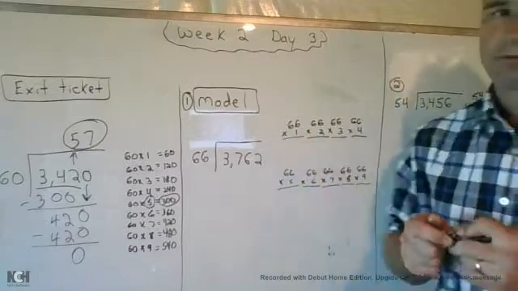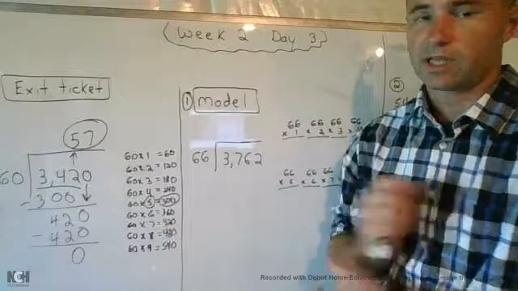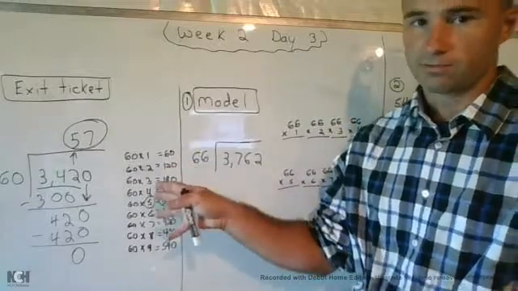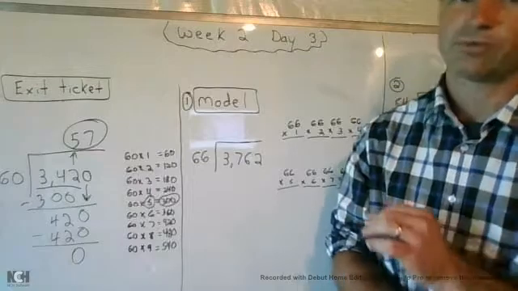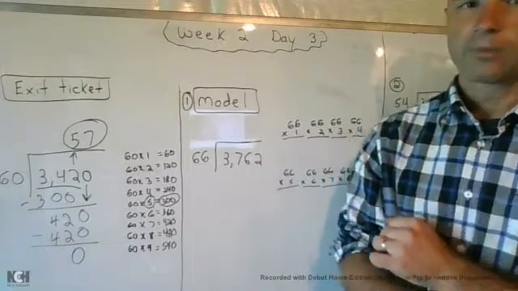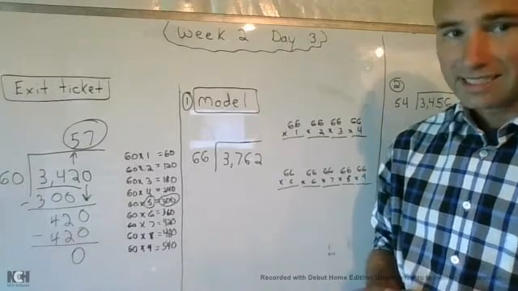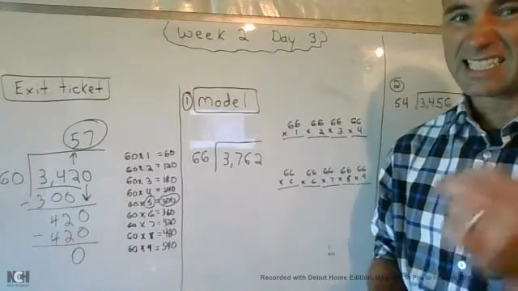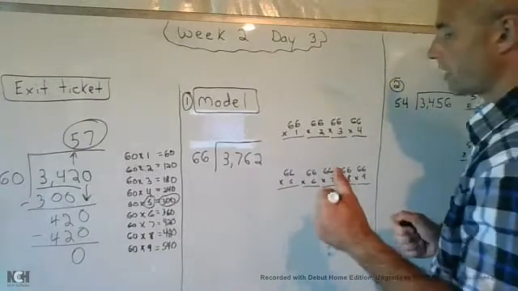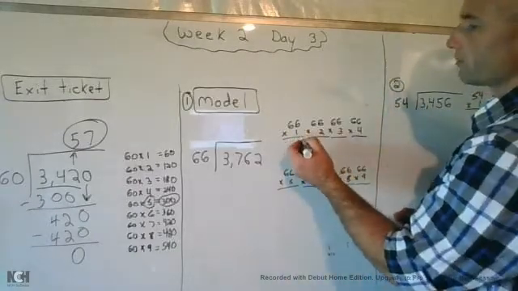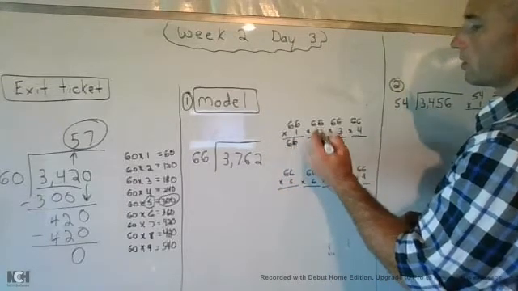So previously we would do the 6 times tables and then turn those 6 times tables into 60 times tables. But now it's not going to be as simple. Now what I'm going to do is my 66 times tables. What? Yeah, 66 times tables. All right? So let's go ahead and do those. 66 times 1 equals 66. 66 times 2 equals